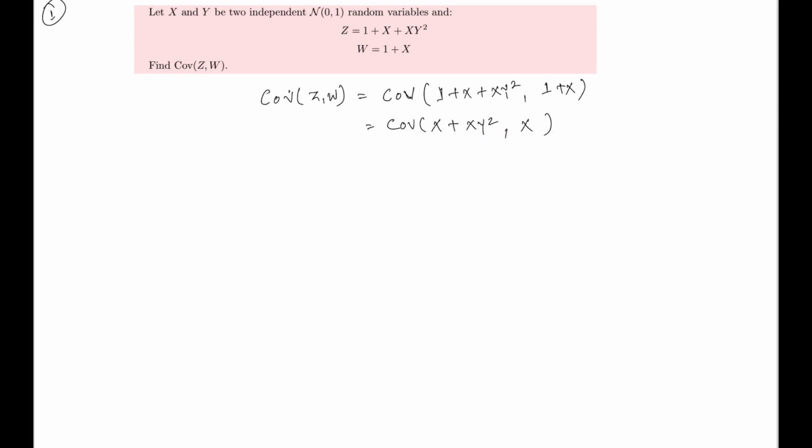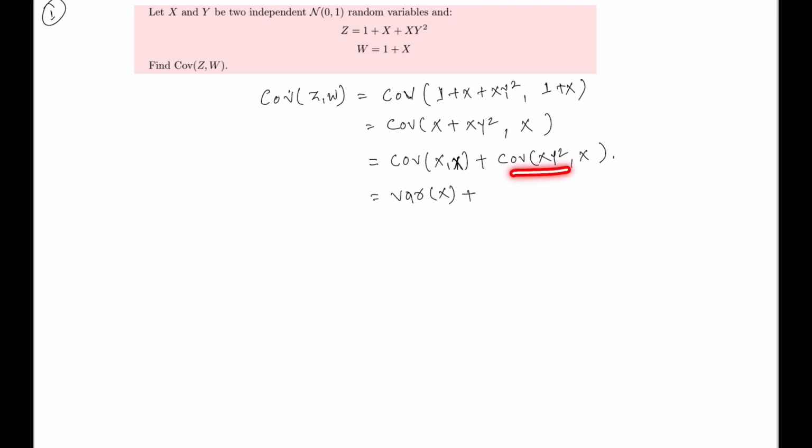Here we are going to use the same property: we are going to distribute this covariance over the sum, right? So covariance of x and x, plus covariance of this and this, covariance of x y square and x. Again recall, the covariance of random variable x with itself is nothing but the variance of this random variable x, plus